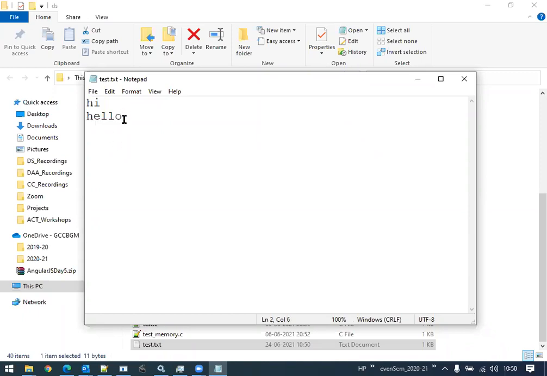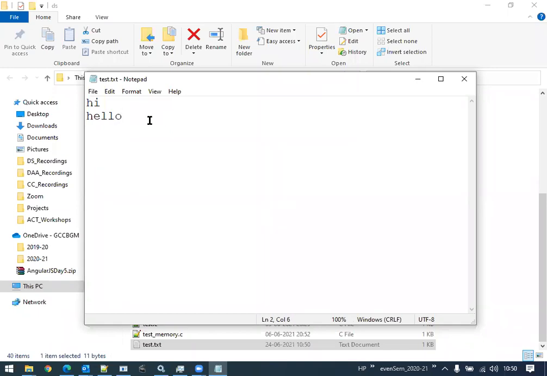Now after O, the file pointer will move on to the next character of the file. Are there any characters after O? No, right? That means the file is terminated at O. After O, there are no characters.